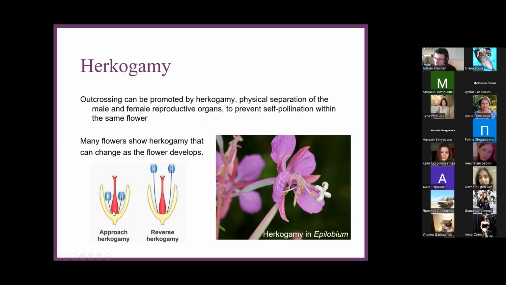And then they'll come in here for the rewards and they'll pick up the pollen. And you can have the reverse situation as well, reverse hercogamy, where it's the male organs that the insect comes in contact with first, and later it'll come in contact with the female organs. And here you can see another typical example, again, like we saw in the previous image, that as flowers carry on developing, the floral organs will actually move around inside the flower and move in and out of the way. So as this flower is developing, the expired anthers are pulling back, so that they avoid pollinating their female stigma.